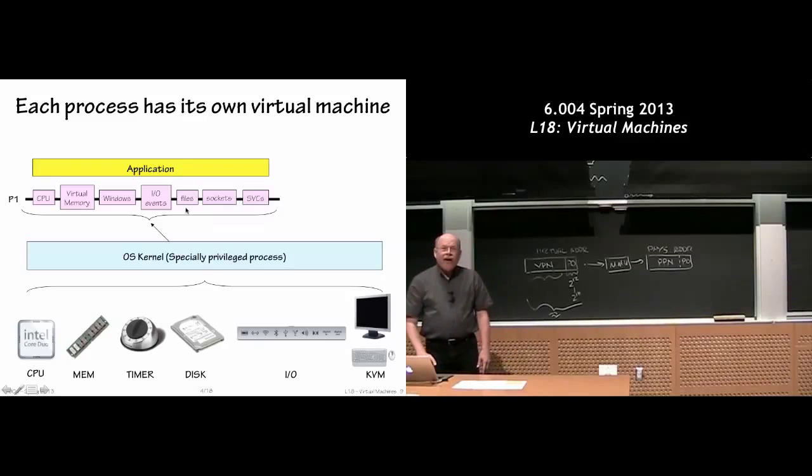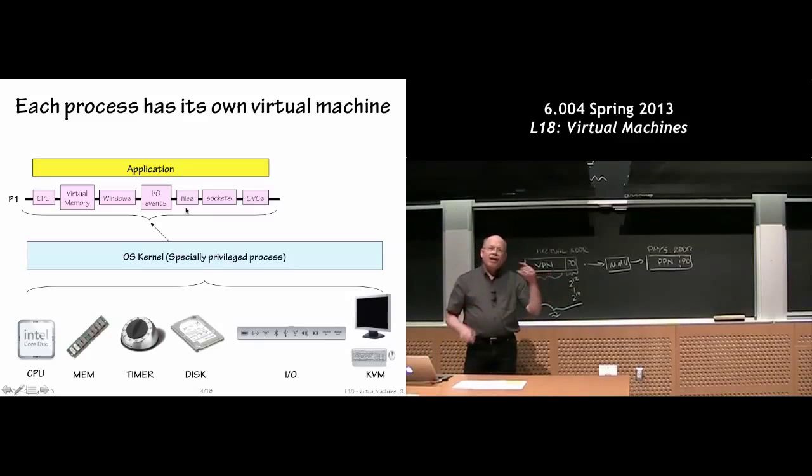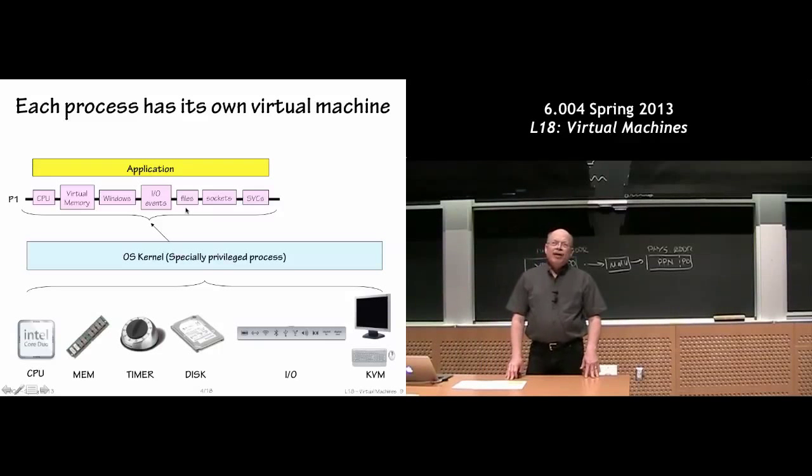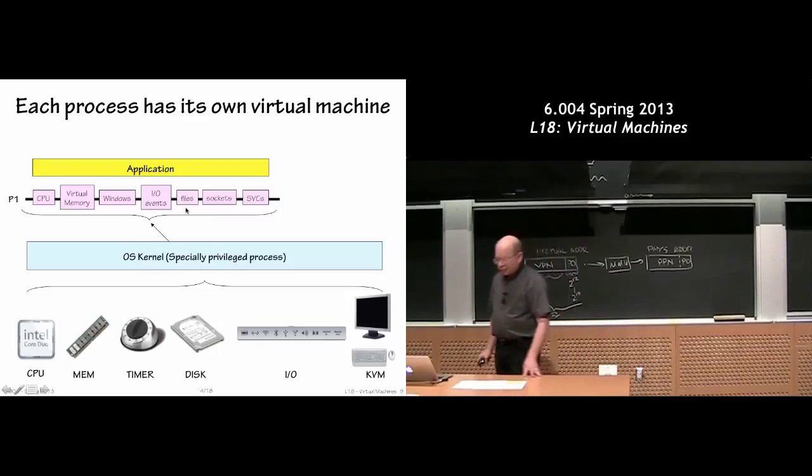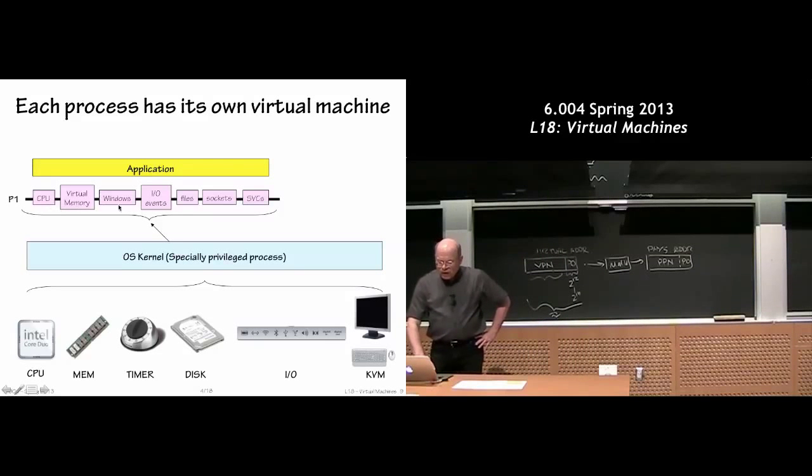If I want to access a disk, I don't actually go out and say, give me byte 17 of sector 24 of track 112. I typically think of the disk as organized in this nice abstraction as files, right? I talk to the operating system kernel and say, please give me byte 27 from this file, and it will worry about where physically that is on disk. These are designed to be easy to use. They tend to be nice programming interfaces that make it simple to do the operations a program wants to do. And it's really up to the kernel to figure out how to map these abstract operations onto the